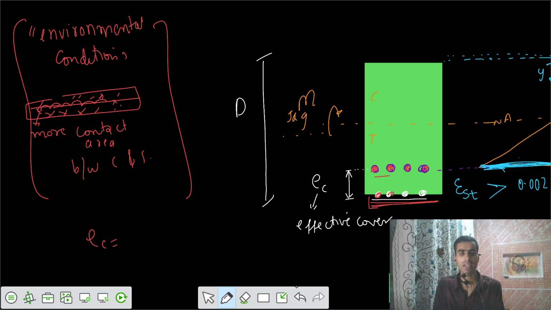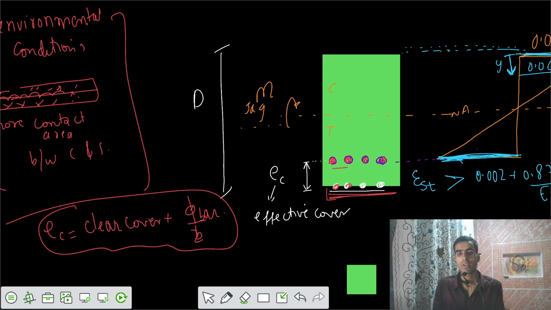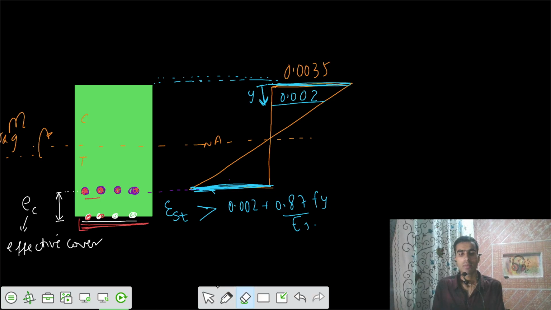And this effective cover is actually some clear cover plus that bar diameter divided by 2. And it can vary sometimes also, so we will see that also. So once we got that, now we are going to say,